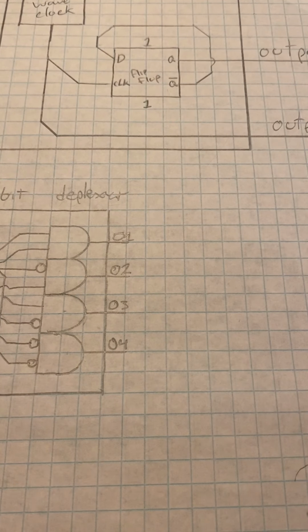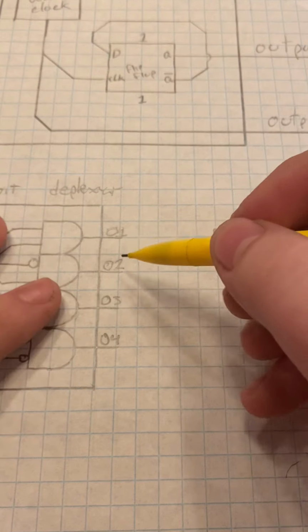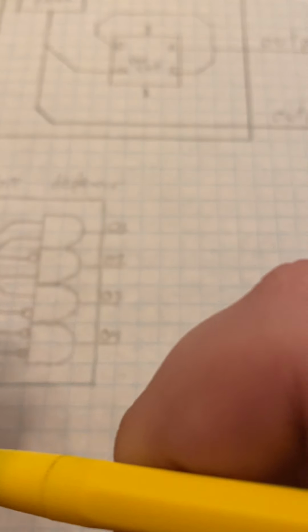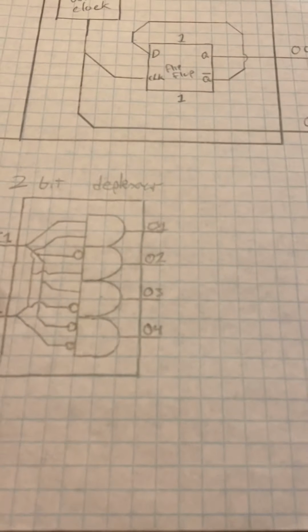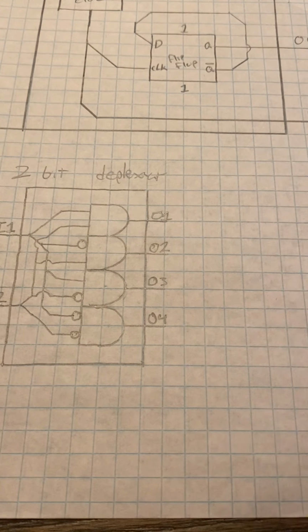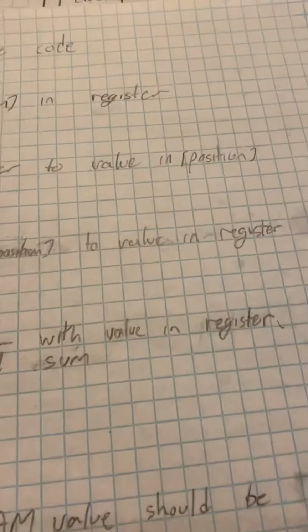Basically, it gives us these 4 signals here, which tell us if the clock is equal to a certain value. And actually I use this duplexer in another way,